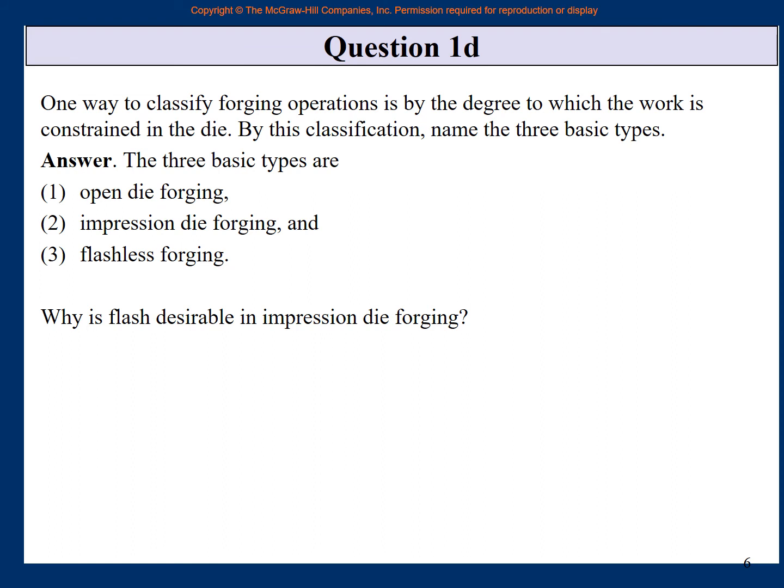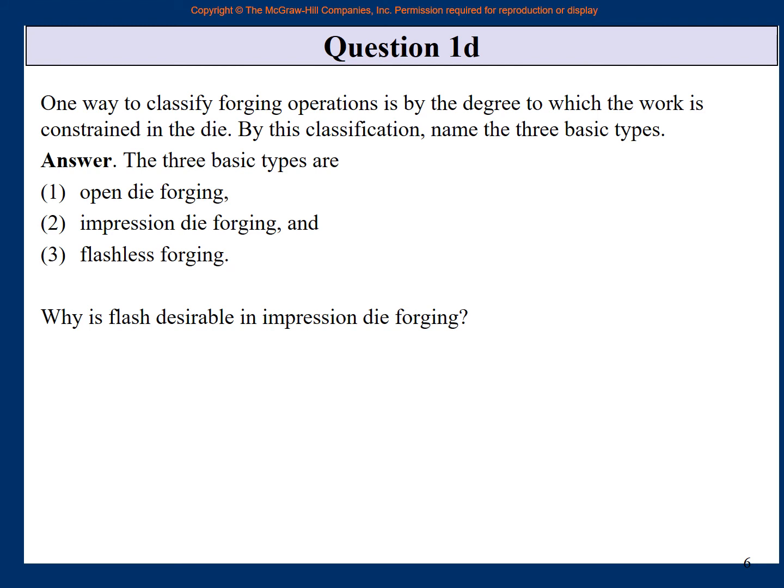Why is flash desirable in impression die forging, right? One is flashless, one is normal impression die. Why is flash desirable? So first of all, is it desirable? Do we want it? If we have flashless, then there will be no wastage of material. All the material of the die will go inside. But in normal impression die forging, we will force the material by pressing it into the die. Excess material will be forced